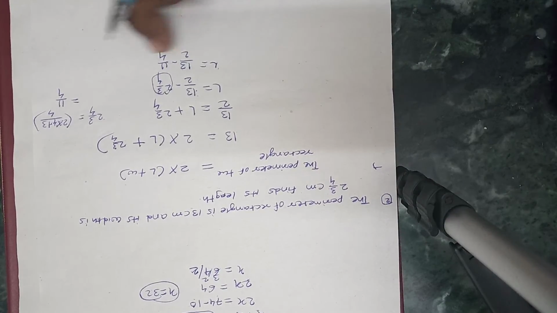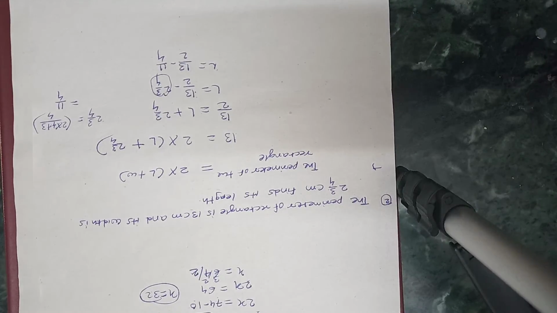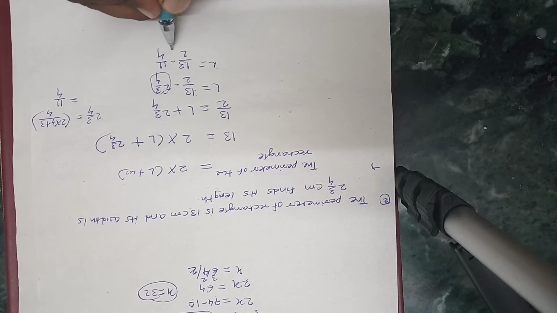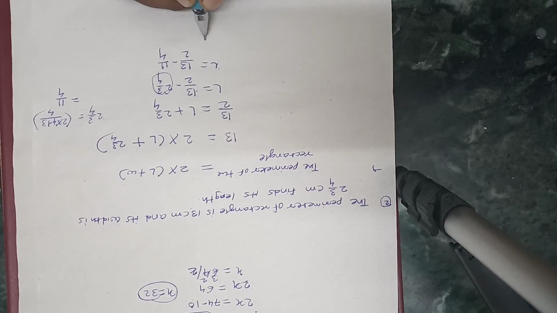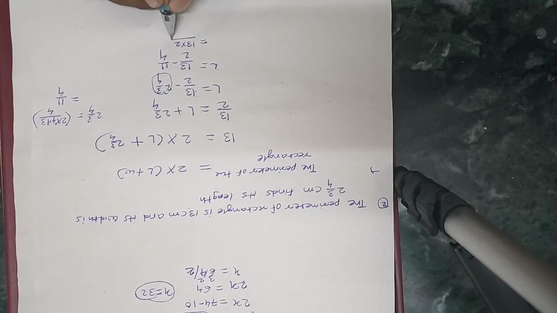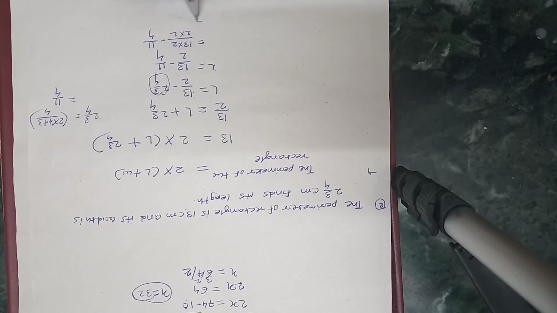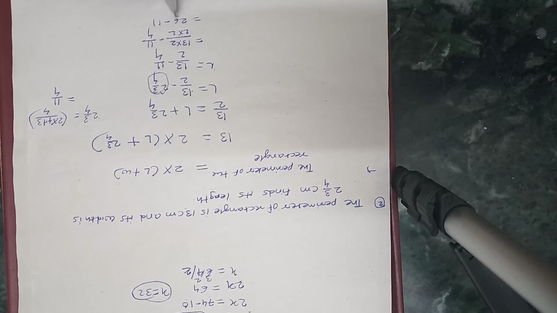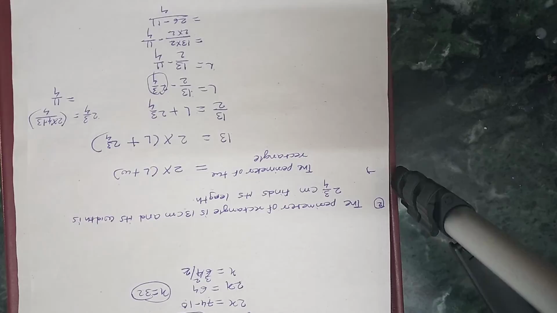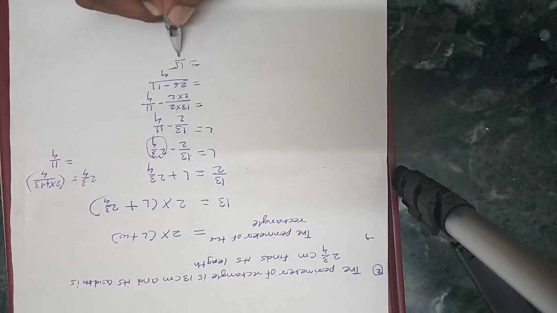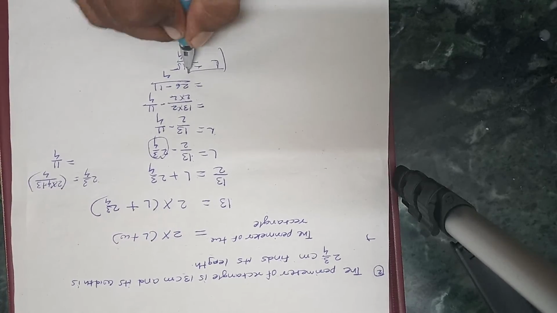Now the problem is that the base is not common. So for making it common we have to multiply the upper number with the same multiplier. That will be 13 into 2 over 2 into 2, minus 11 by 4. 13 into 2 is 26 minus 11. Now the base is common, so we directly write 4. 26 minus 11 will be 15. Answer will be 15 by 4. Length will be 15 by 4.